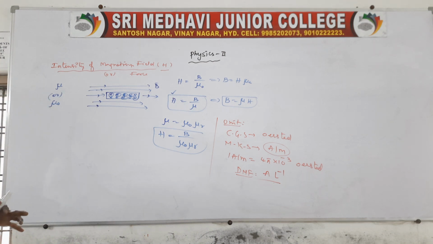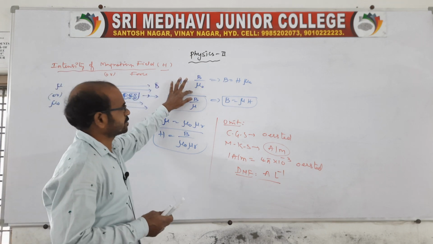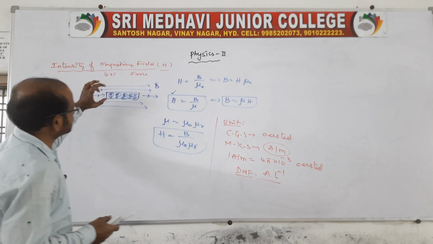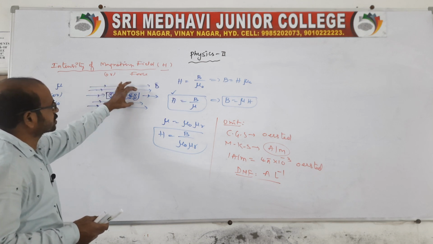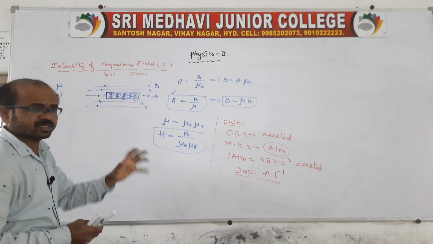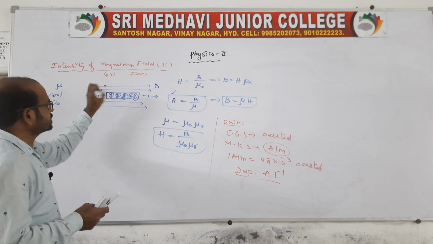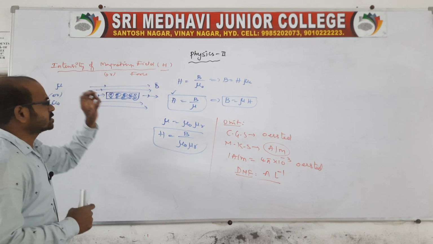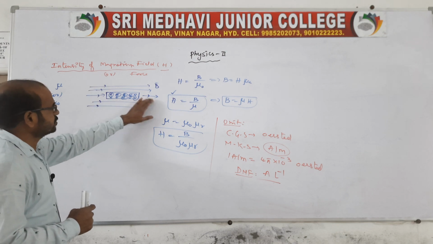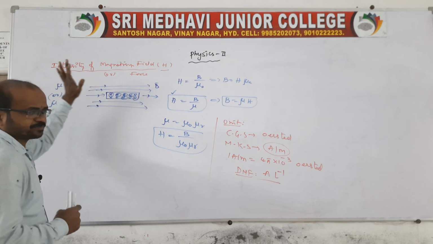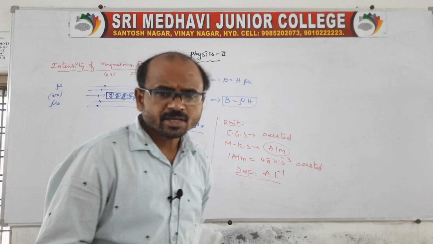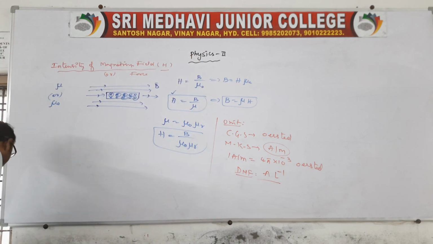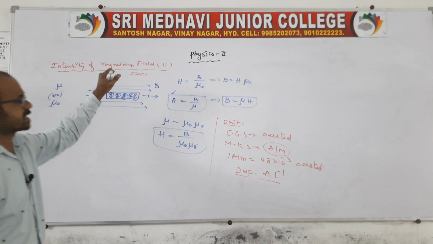It is defined as the ratio of magnetic induction to permeability. So the substance which is placed in the uniform magnetic field, the electron domain changes because of the influence of the magnetizing field or magnetic induction field. Thus the substance is allowing the field, that we call permeability. Okay, this is about the intensity of magnetizing field.